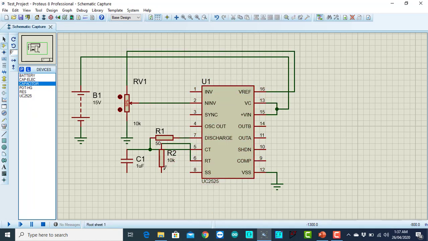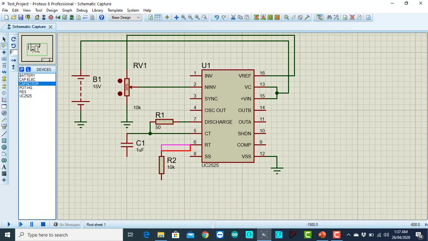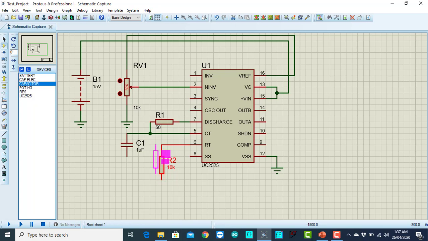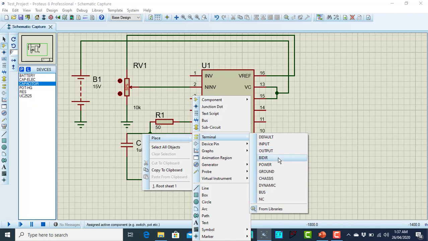So I'm going to do this, and then I have to connect these with the ground terminal.